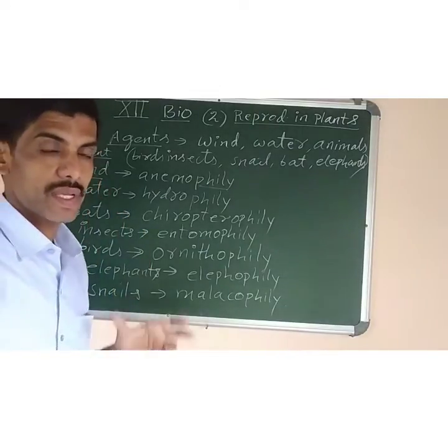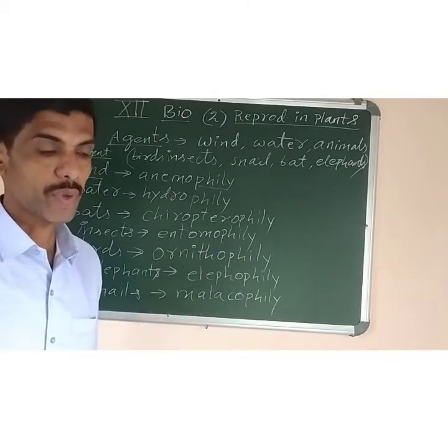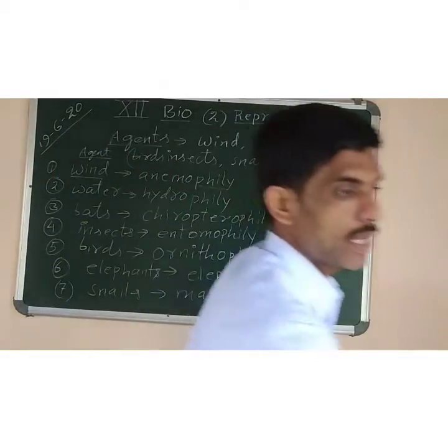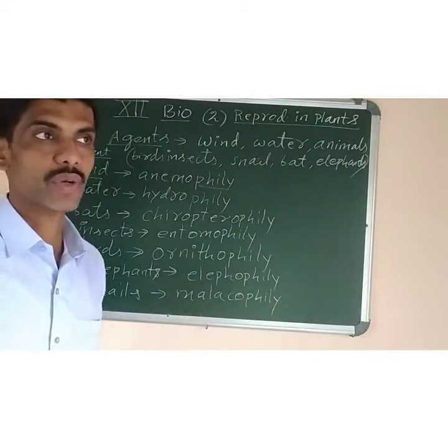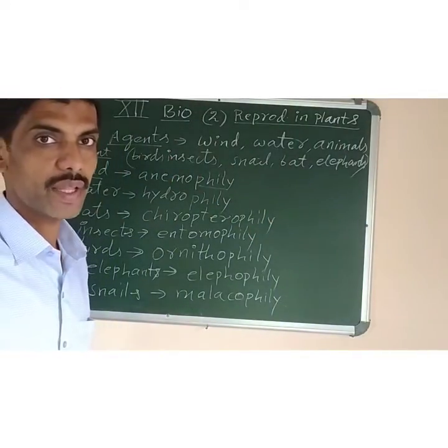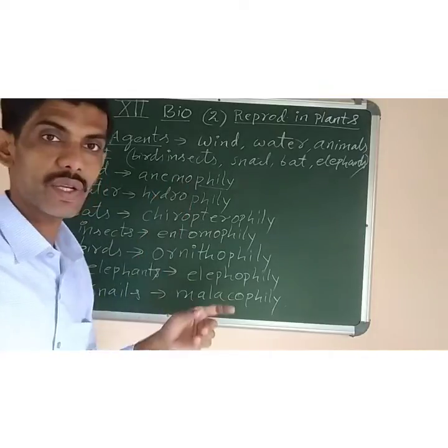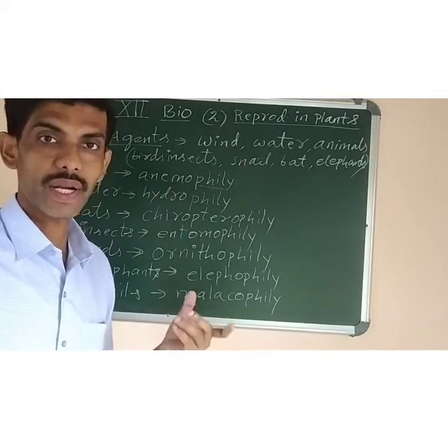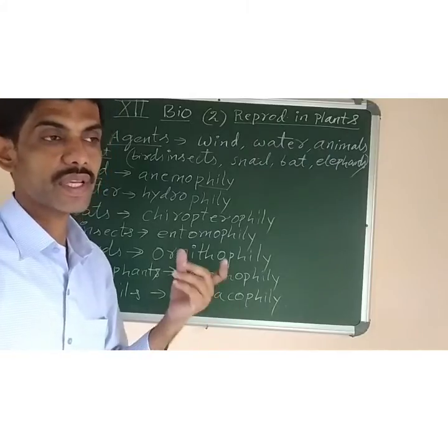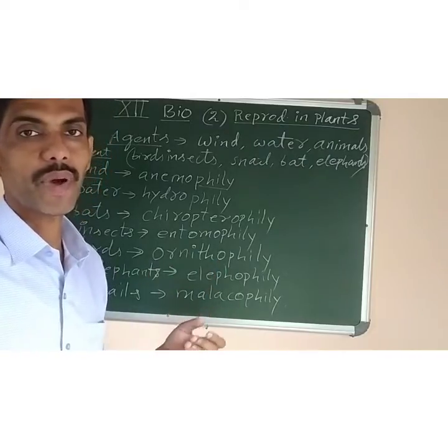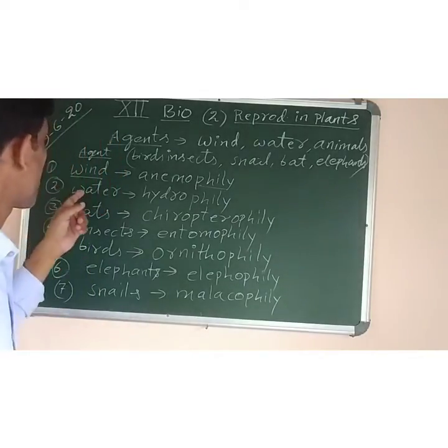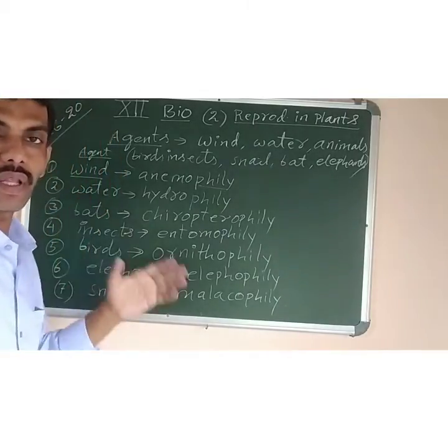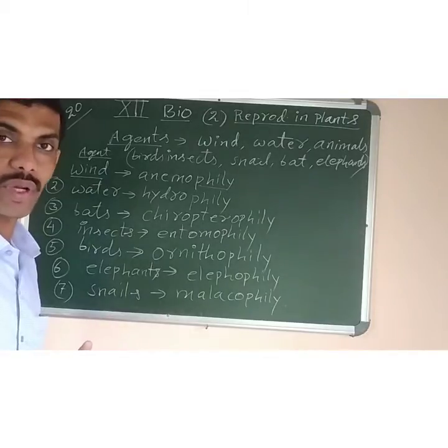anemophilous flower. Since the flowers are to be pollinated by wind, the wind has to carry the pollen grains from one place to the other. So that's why the pollens are light in weight. The pollens have certain structural features which help them to be carried away by the wind, and they are produced in large quantity. In both wind and water pollinated flowers, the pollens are produced in large quantity because most